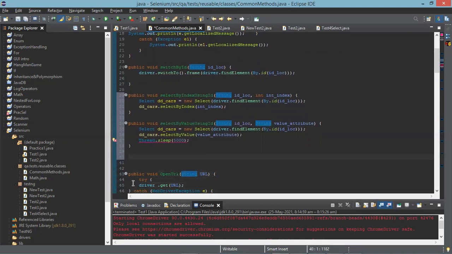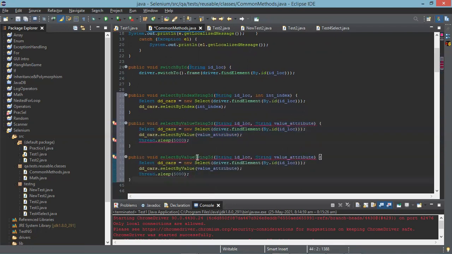Now copy the same lines from 34 to 38. Copy them, paste them again. You are going to use visible text, right? Instead of value, you change it to visible text. In the value attribute, you say it as visible text.